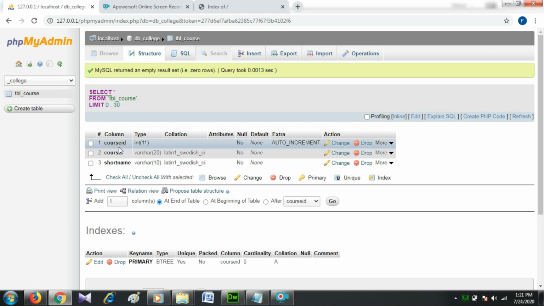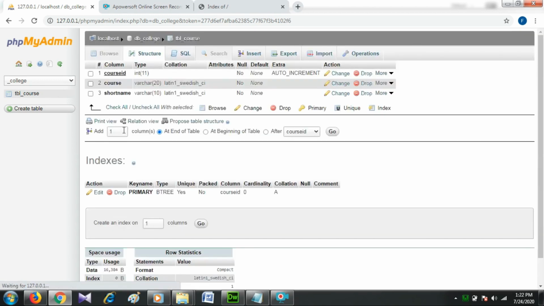In this there are many options. First is Structure. By clicking the Structure button, a new page will open that shows the table structure. You will see the field names, their types and additional information, etc. You can browse for distinct values by clicking on the corresponding action icon.